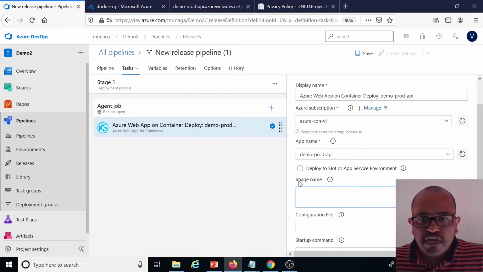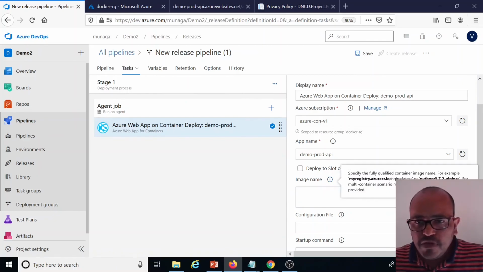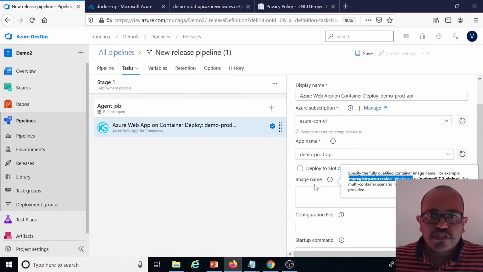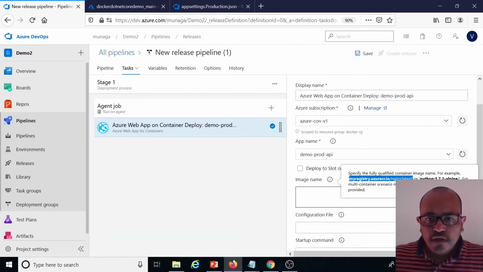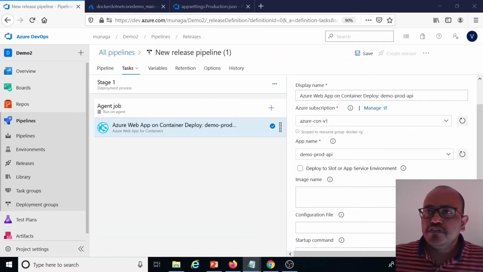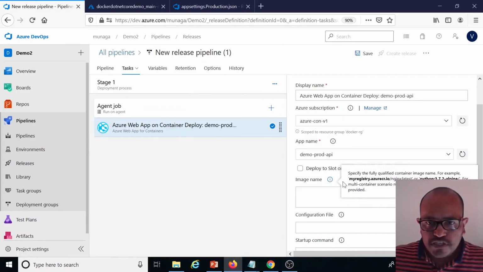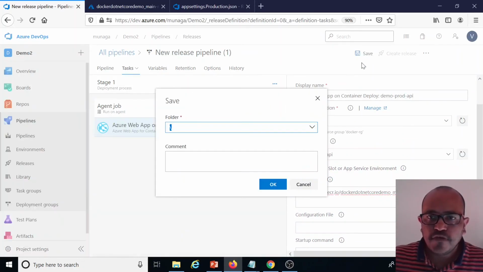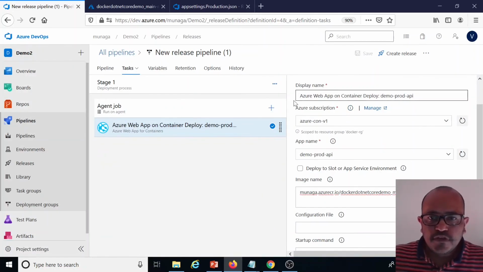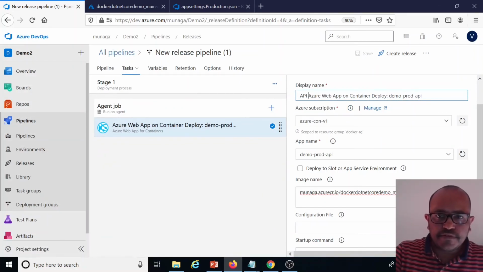And the second one is the image name. The image name you need to give like this one, how we gave previously. So in a similar way, I will copy paste that one. Now the image one is the API. To follow the same format whatever is given here, I am giving this one. Okay, and the config file I don't need to give, that is enough for that. So this is the API.